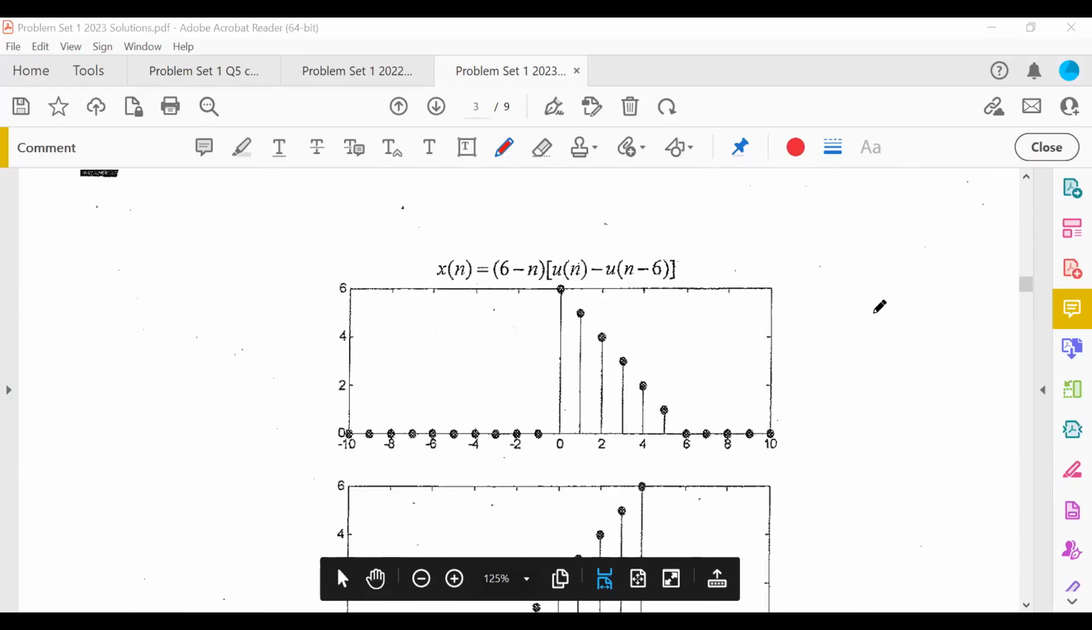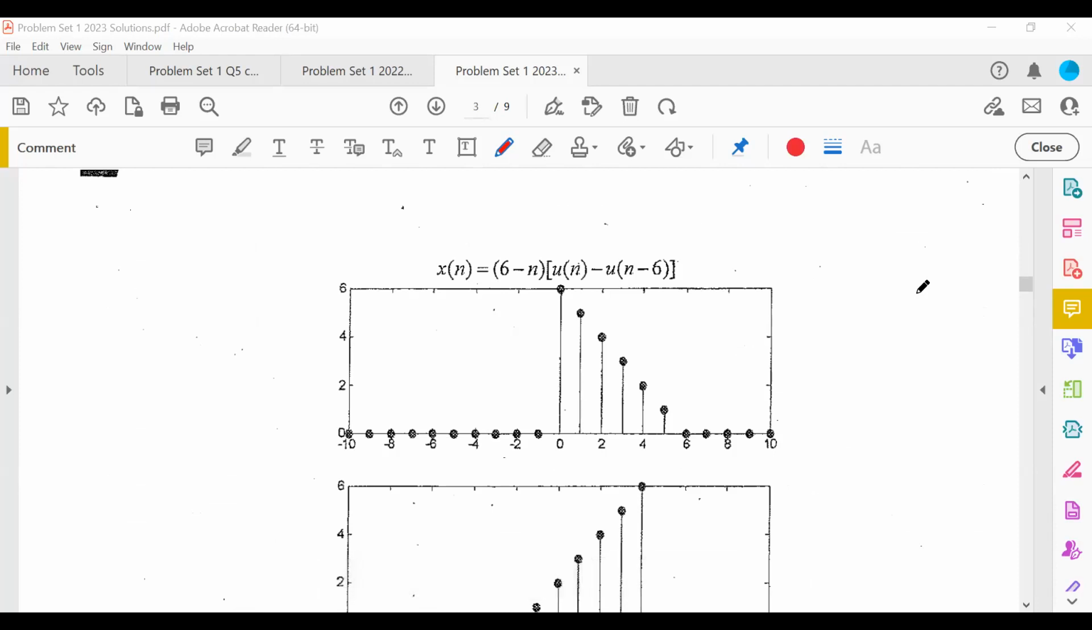Right, so let me just go down. So this was xn equals 6n into un minus 6. These are unit steps, right? So un, and the only reason, remember, we've gotten into the habit of